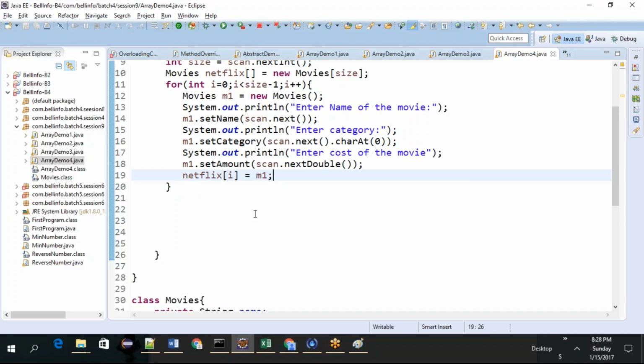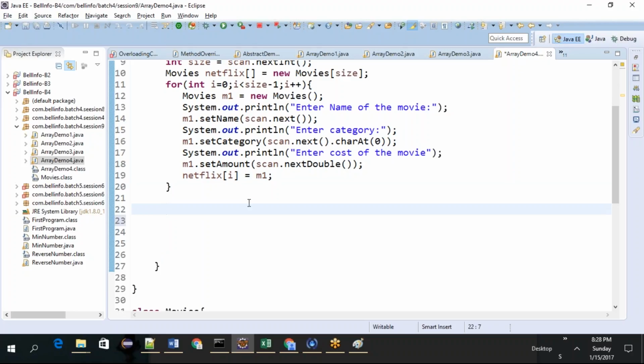Did you guys understand a little bit? I'll go through, don't worry. Next thing is I want to display whatever I enter, right? Whatever the user received. So I will say